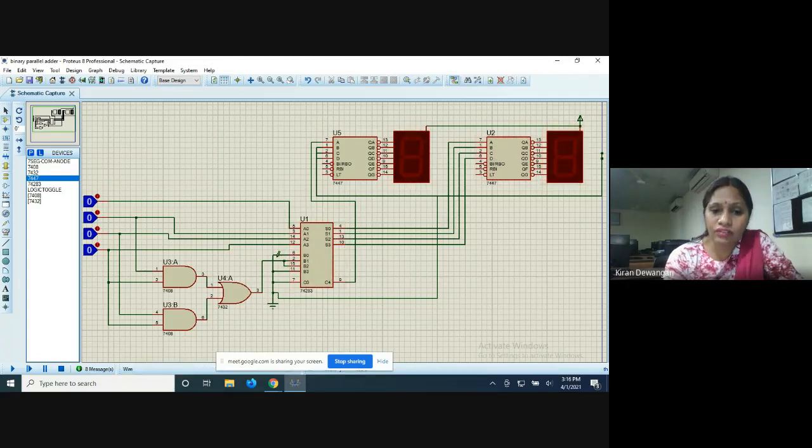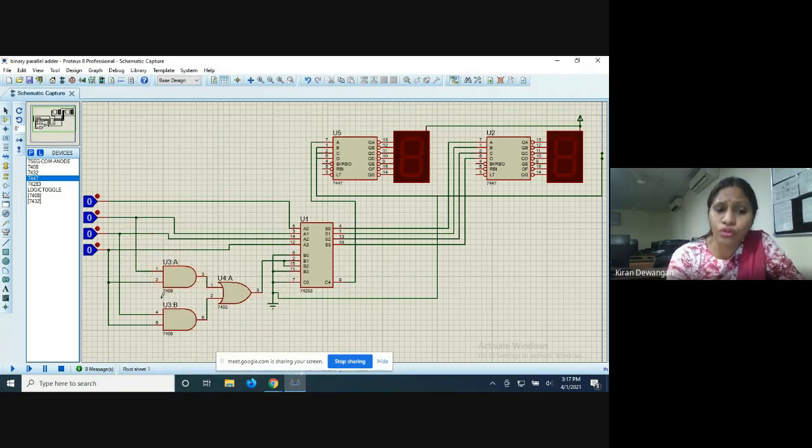So for that we have taken the logic as: if A3 is high, along with that either A2 or A1 should go high. So I've taken A3 here. This is my A3. A3 is given to both the AND gates. I've taken two AND gates. So A3 is ANDed first with A2, this one is ANDed here. A3 is ANDed with A2. Now in the second AND gate, the same A3 is ANDed with A1.